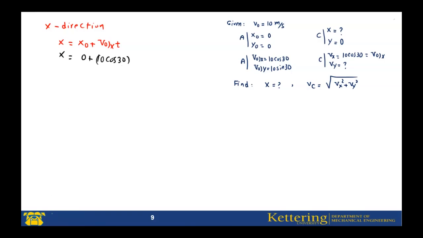then multiplied by time. Also, we do not have time. How much time does it take to reach or hit the ground? We do not have it. Then this is the only equation we have for the x direction. For the y direction,